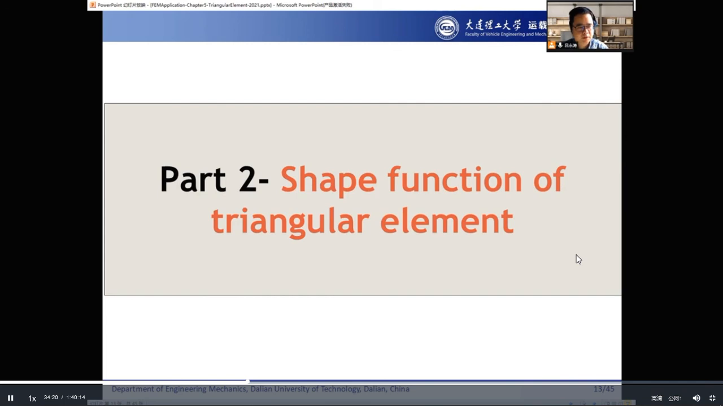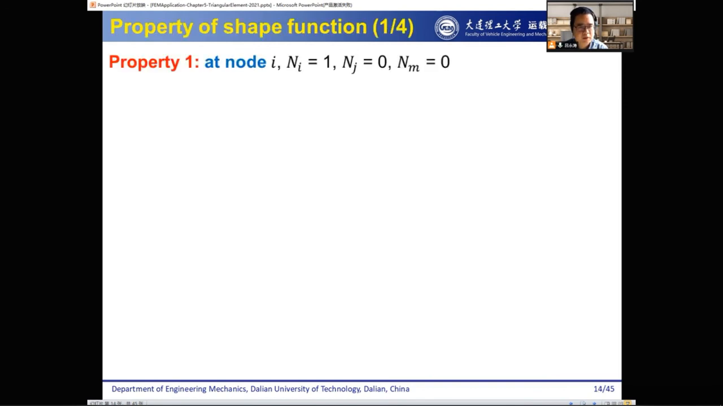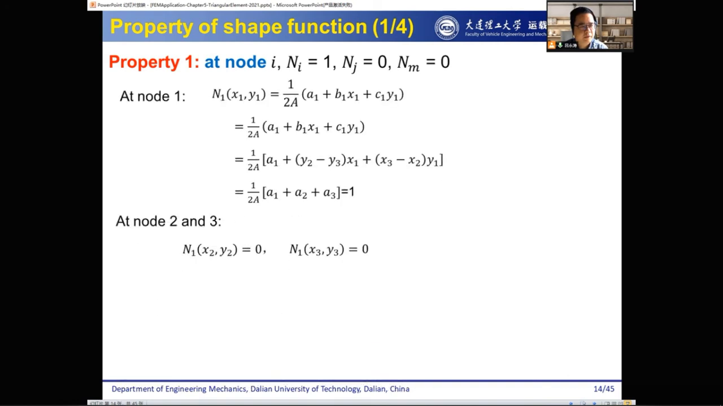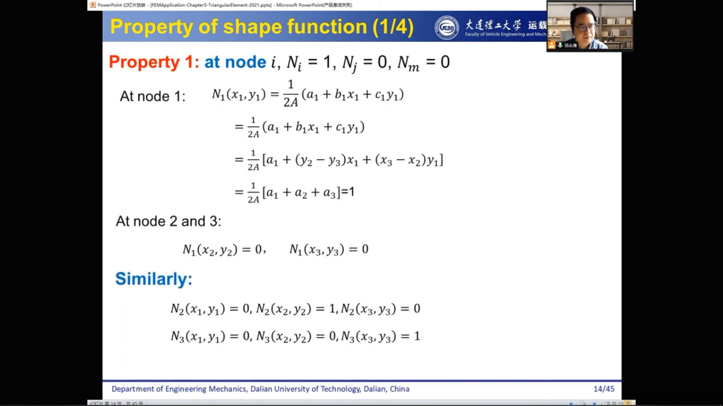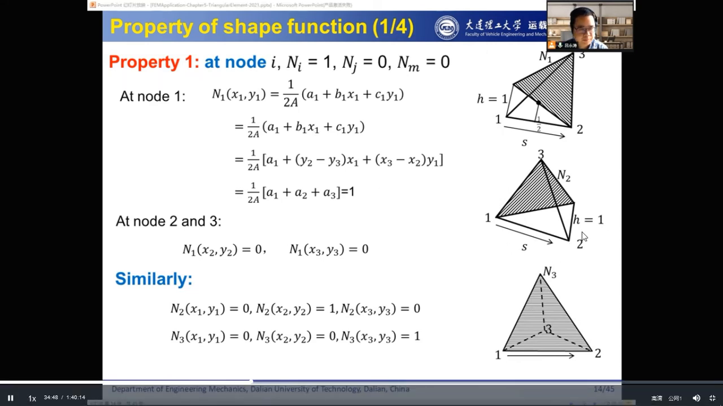The shape function of the triangular element. We said the shape function is very important, and it tells you a lot of information about the elements, and can help you understand the element. First, there are several properties, actually it has 4 properties. Let's have a look at the first property. For the shape function, we said for the triangular element, it has